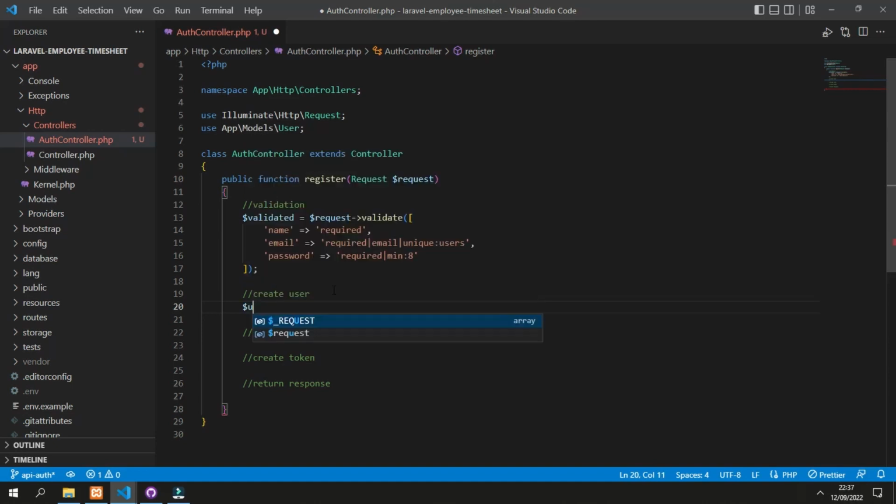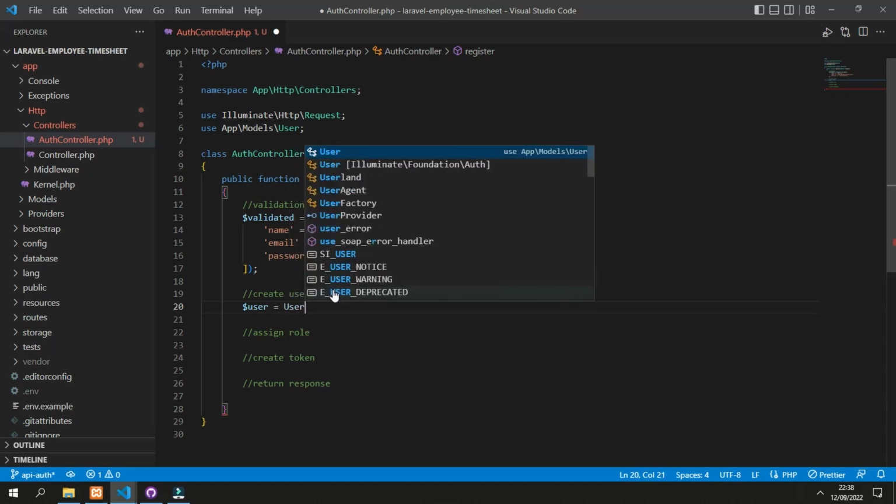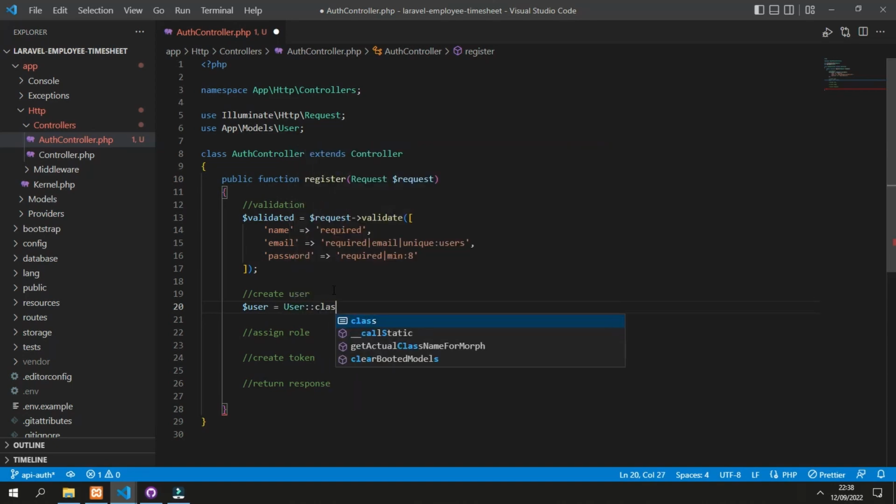So let's create a variable for the user, and we can call the User class to create.